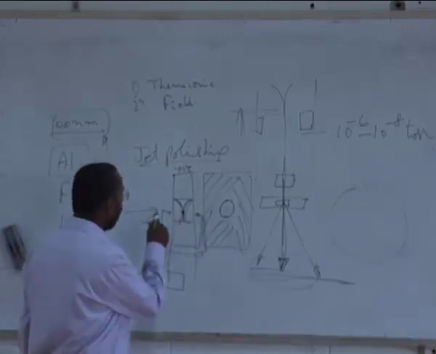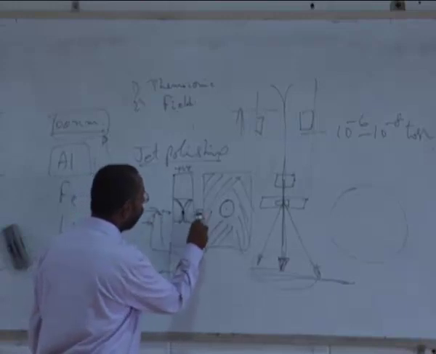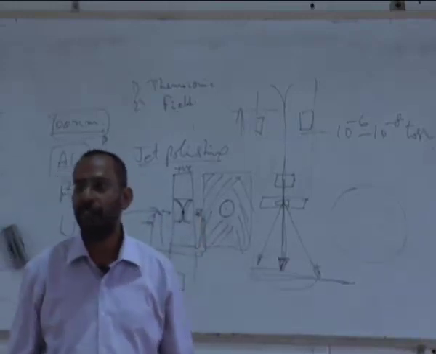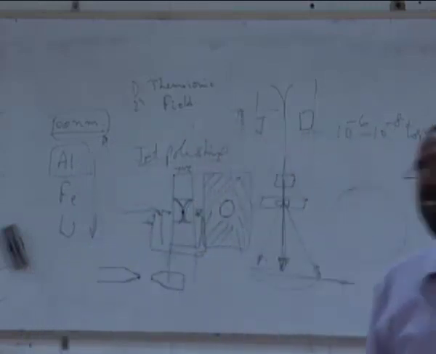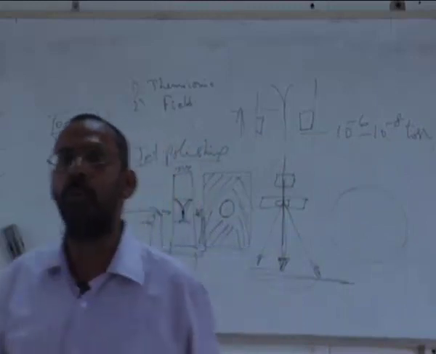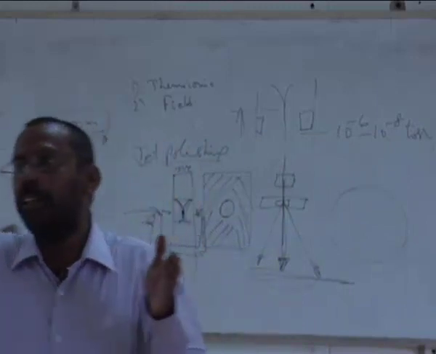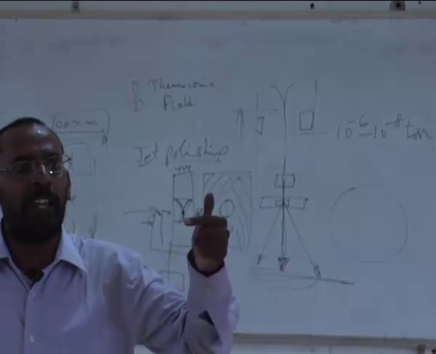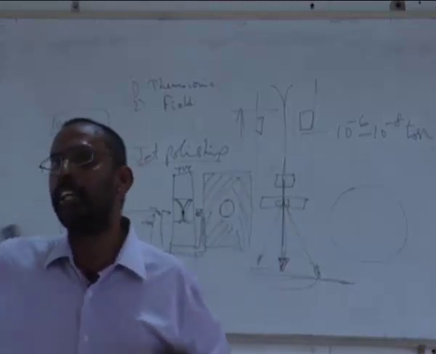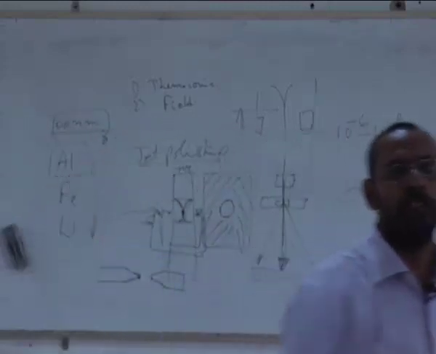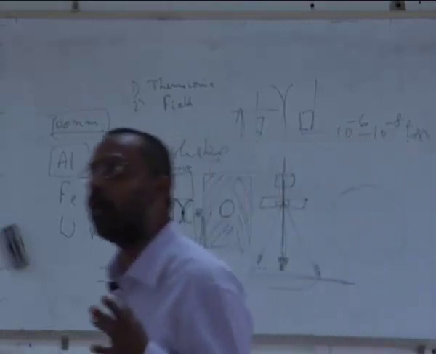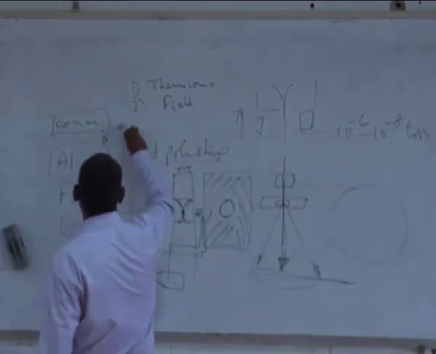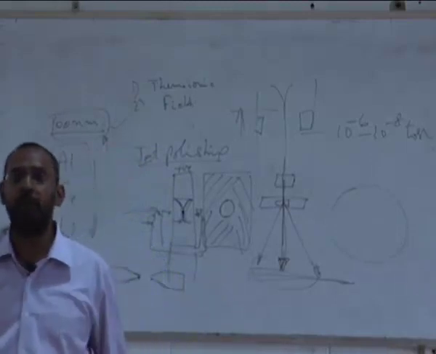I also put a light somewhere here and a photovoltaic cell here. The reason is, the moment a hole is formed, the photocell immediately detects the light, because light is trying to pass through. As long as there is no hole, the photocell does not detect it. The moment there is a hole, the light is detected by the photocell and it cuts off the circuit. So there is no more dissolution. You can stop the dissolution as soon as one small hole is formed, and then you will be able to see the sample.